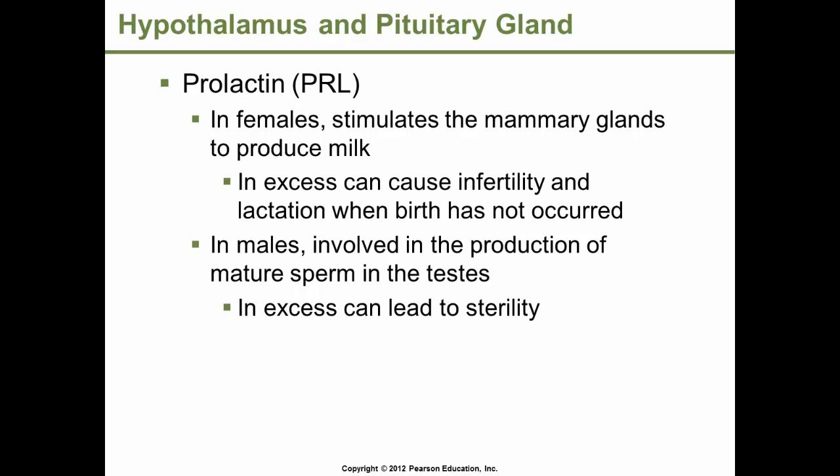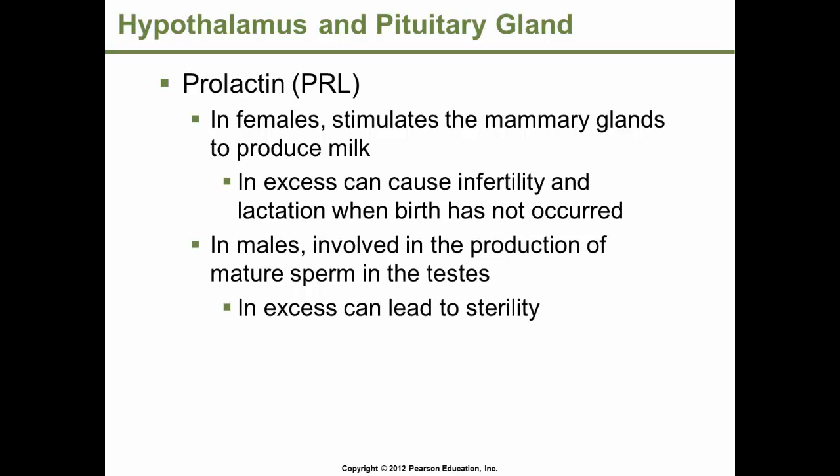becomes less frequent. Prolactin in females stimulates the mammary glands to produce milk. There's going to be actually two hormones involved in breast milk. Prolactin is the hormone that will be producing the milk, and we'll talk about another one later that causes milk ejection. Prolactin in excess in females can cause infertility and lactation to occur when birth has not occurred. In males, it's involved in the production of mature sperm in the testes, and excess can lead